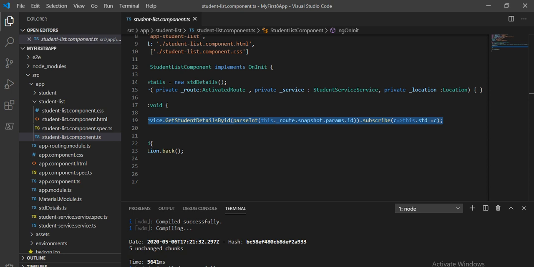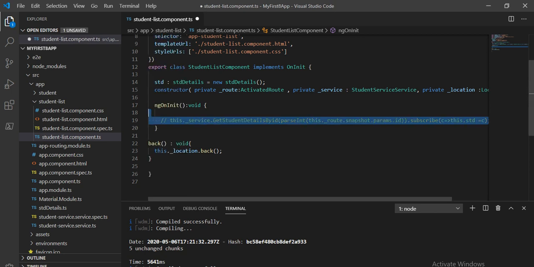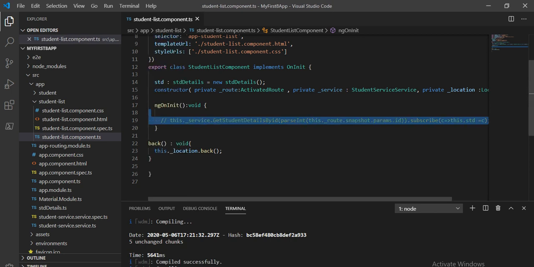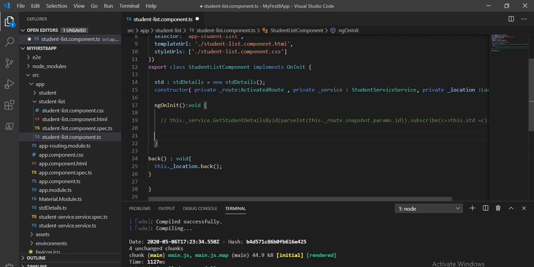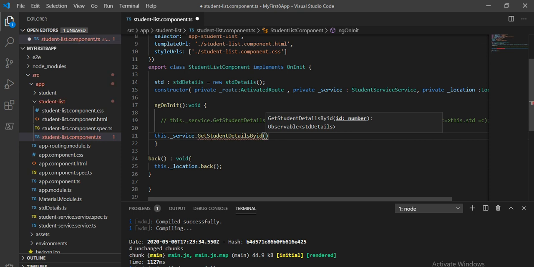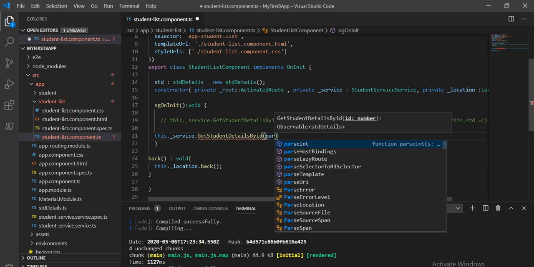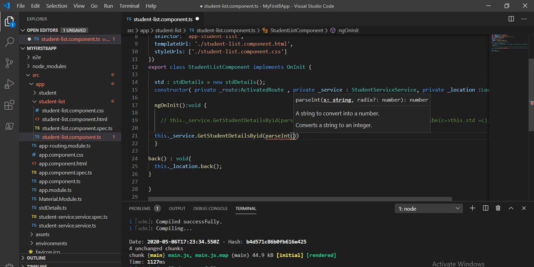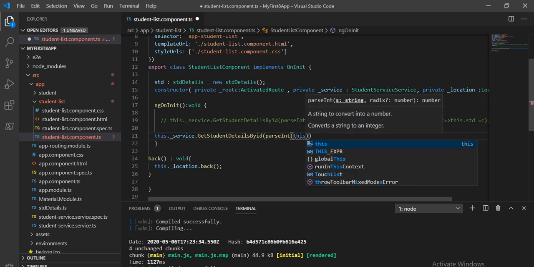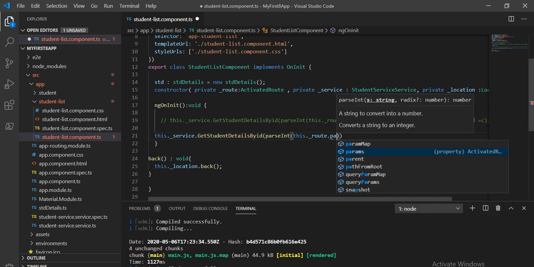So for that, let's comment it first, Control K C, and here I will take this dot service, because first we have to call that function, dot get student by ID, and inside this again parse int, because we have to parse it, and then this dot route dot param map.